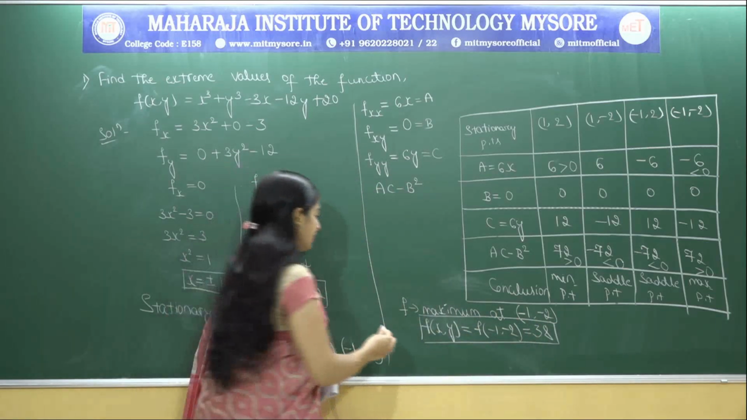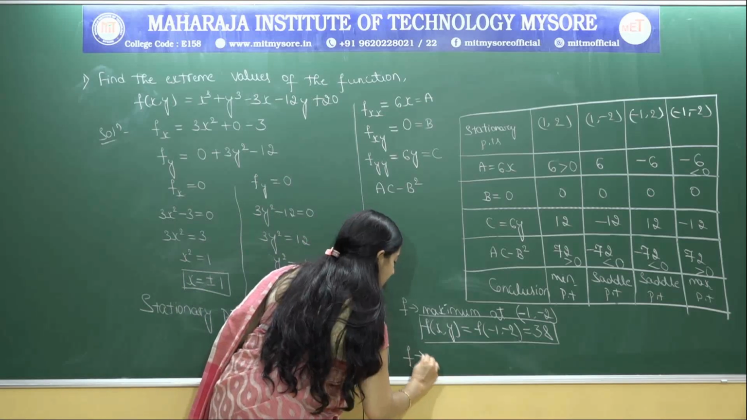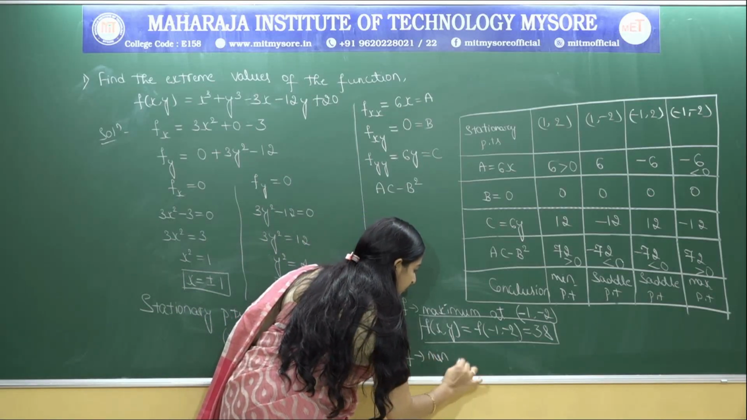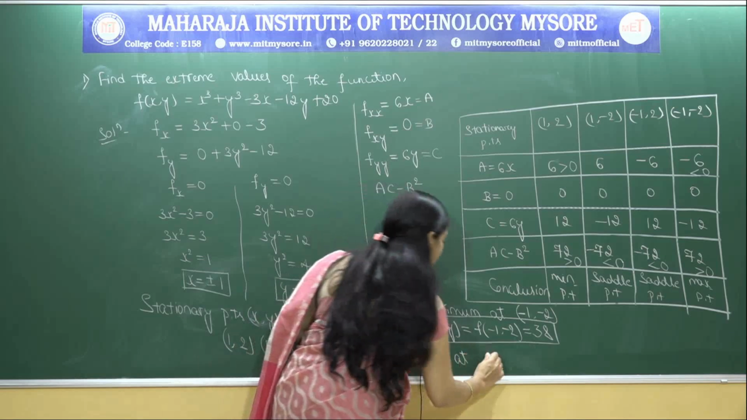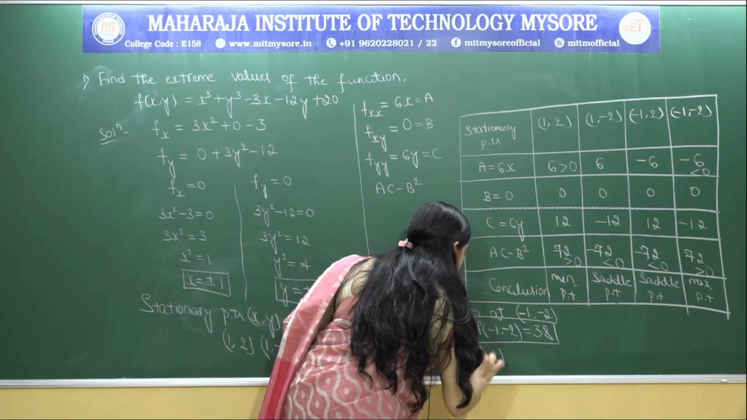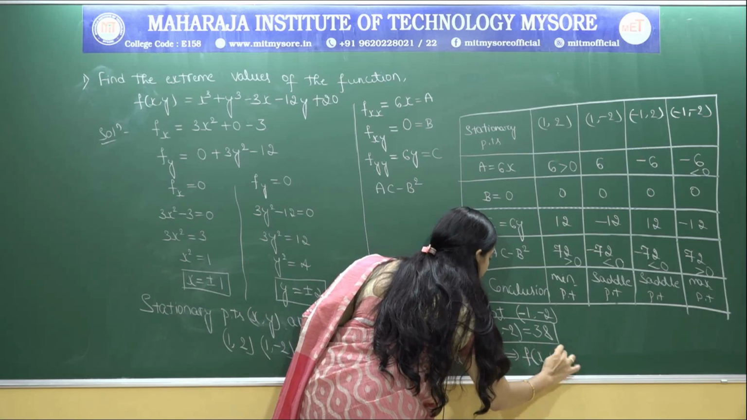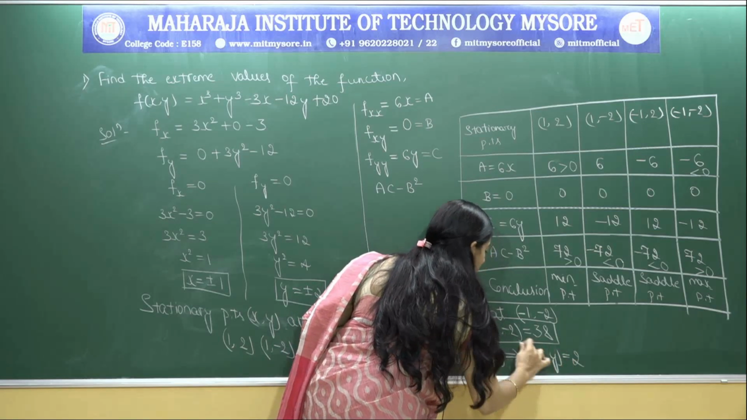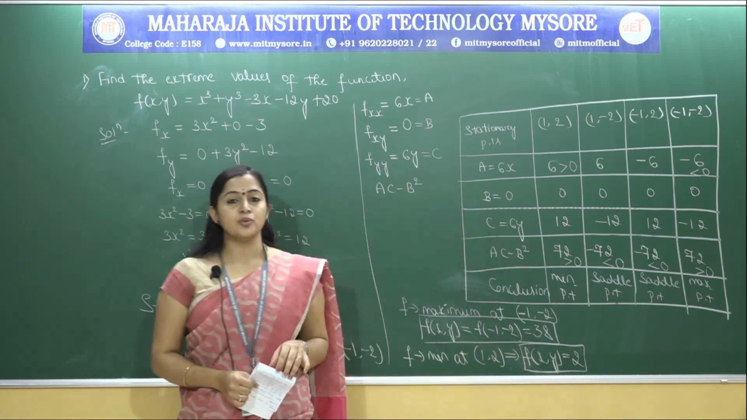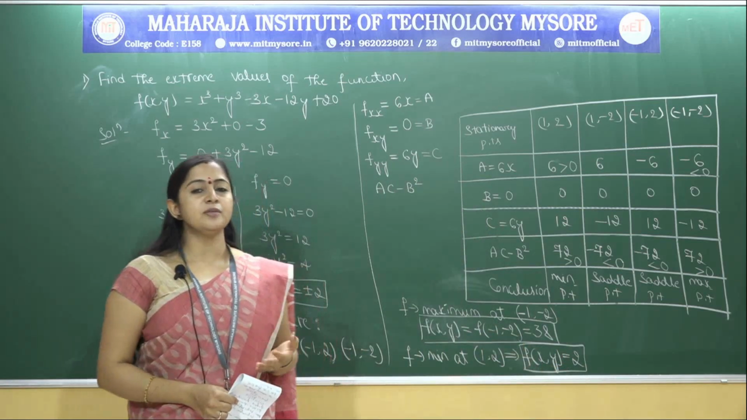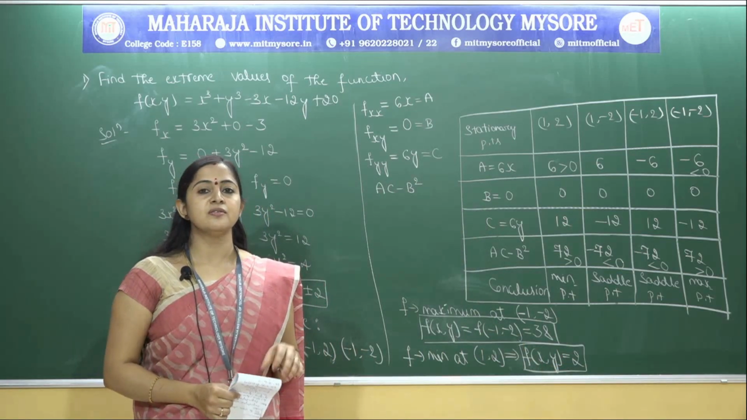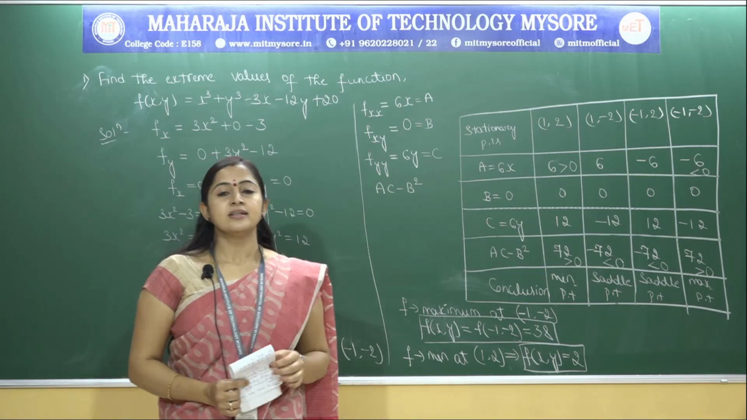Next, similarly, the given function is minimum at the stationary point (1, 2). So if you substitute these points into the given function f(x, y), you will get the minimum value. So this is the procedure to find the maxima and minima for a function with respect to two variables. The next problem,